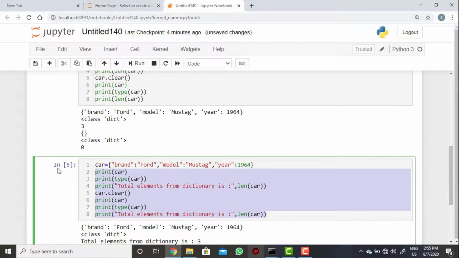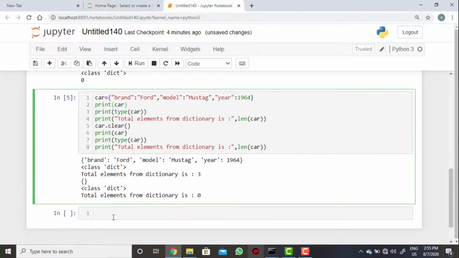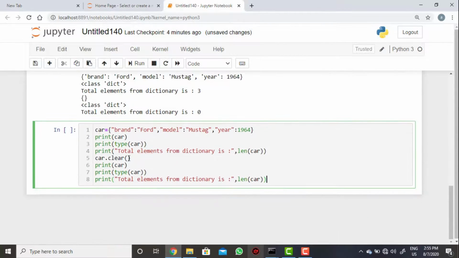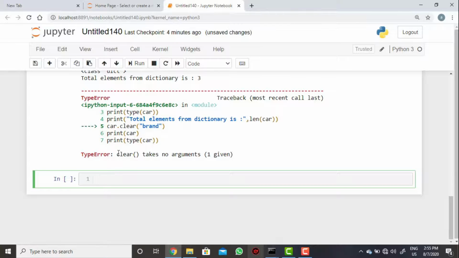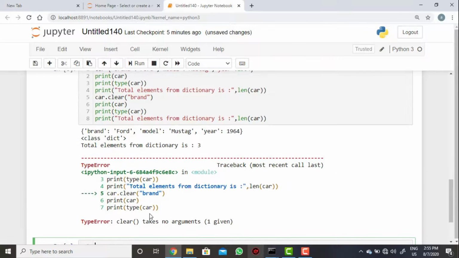Now when you want to pass values, if you are passing any value like brand in key as a parameter for the clear method, then see, clear takes no arguments. The clear method will not accept any type of value or argument.